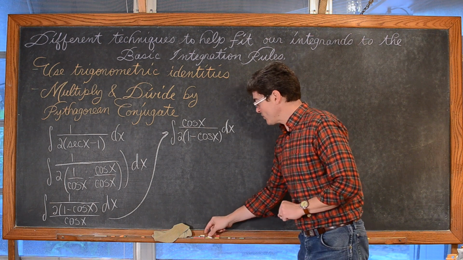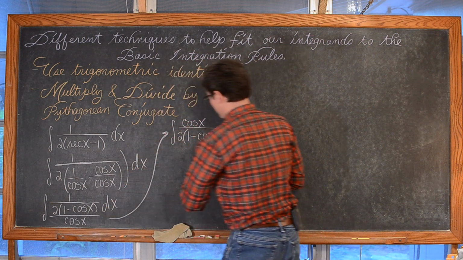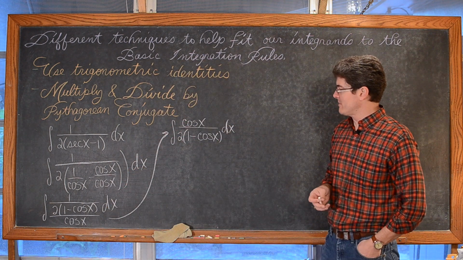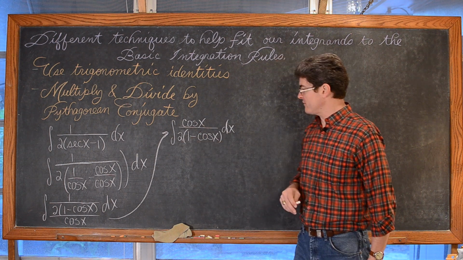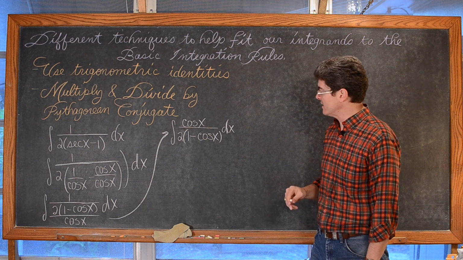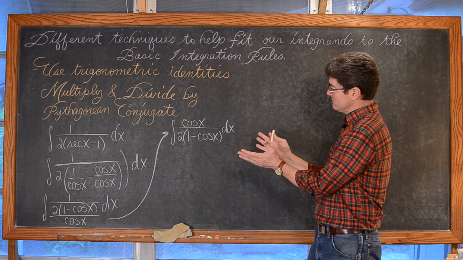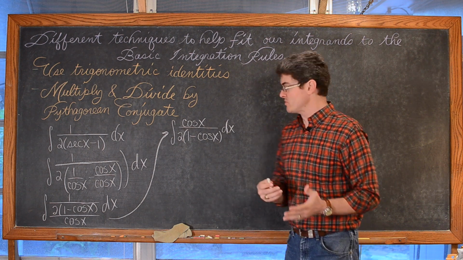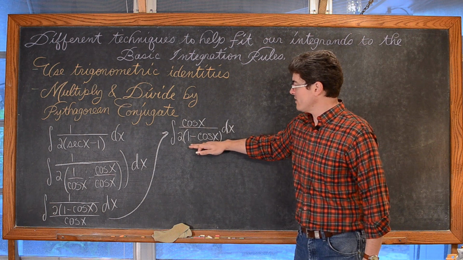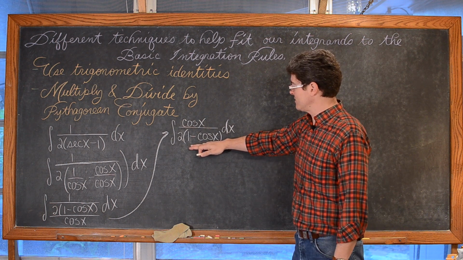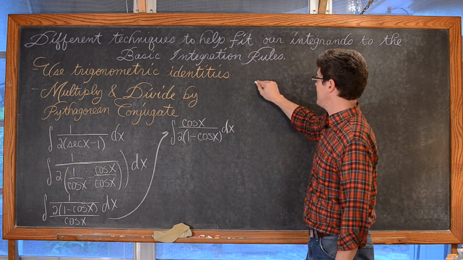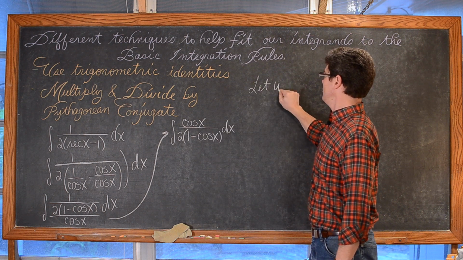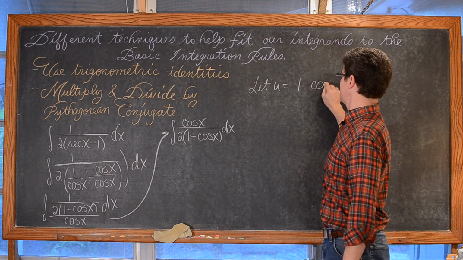Okay, so we've got this flipped up. We got cosine over 2 times parentheses 1 minus cosine x. And we're going to move that 2 out front and make it 1/2. And we're looking at this, okay, well, are we ready to do a u substitution yet? Could the denominator possibly, again, with all those times I came up with a natural log function, could we say let's let u equal 1 minus cosine x?